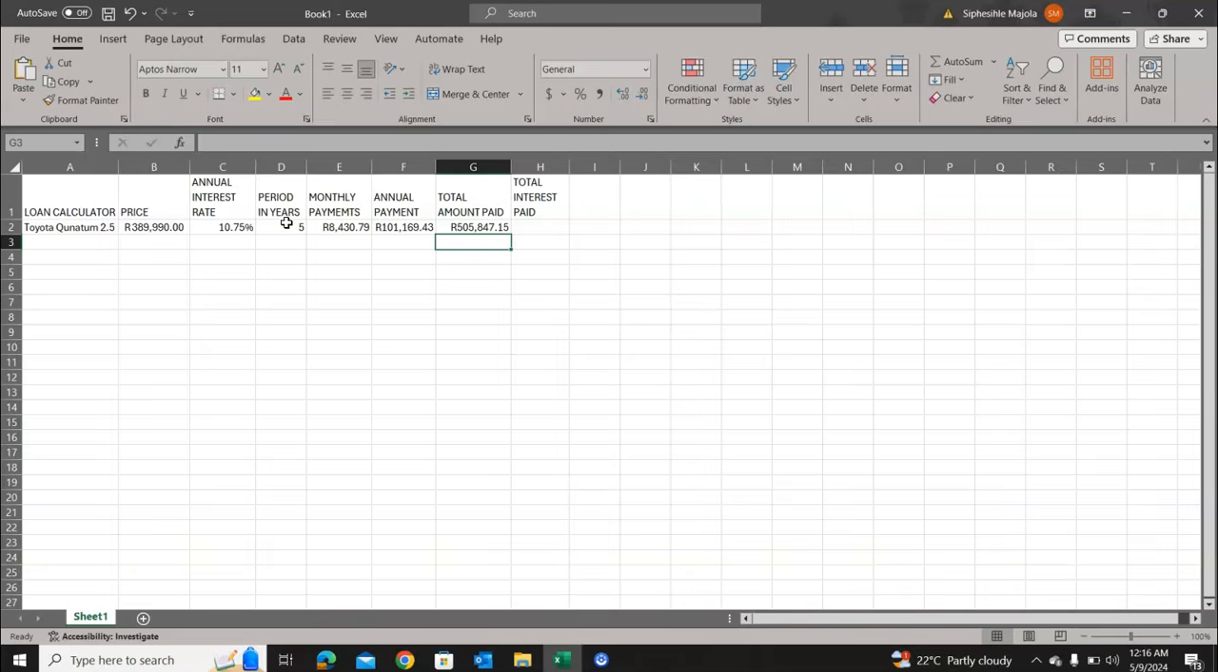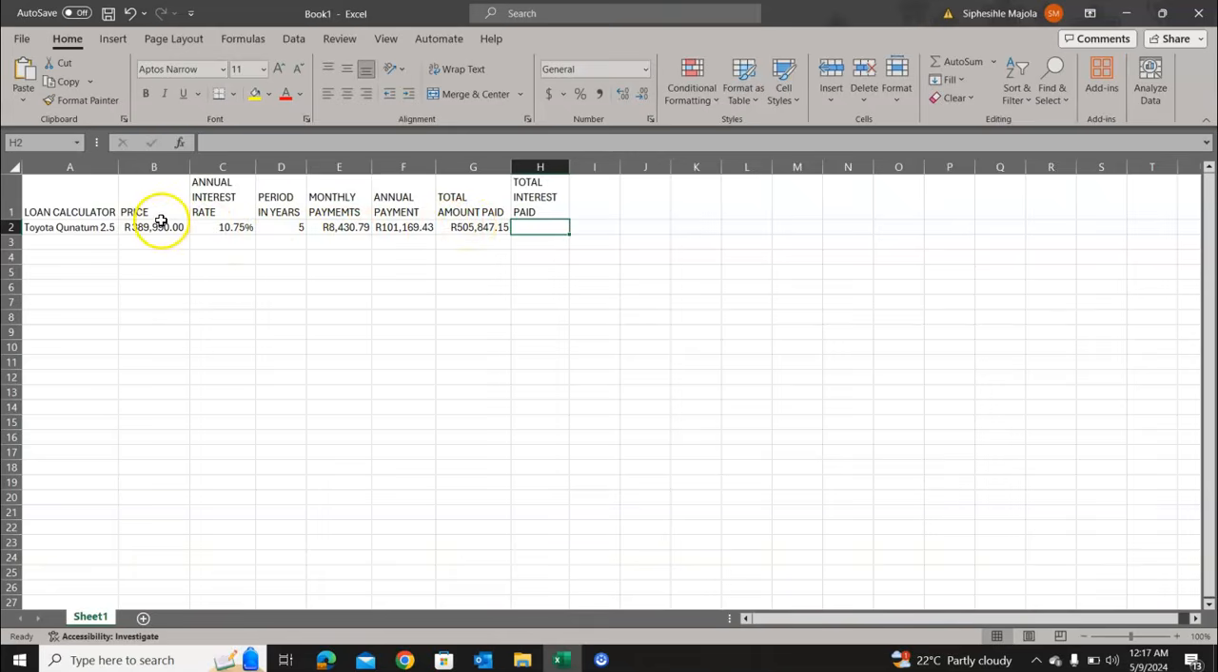How much of the interest have you paid in total? Or are we going to pay in total? We took out a loan for 389,990. This is the loan that we took. And it was charged at an interest rate of 10.75% over 5 years. And then in total, we paid 505,847 rand 15 cents. This is what we pay towards the loan over the 5 years, but then this is what we took out